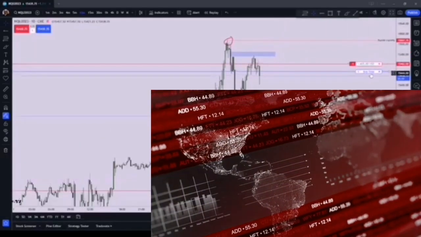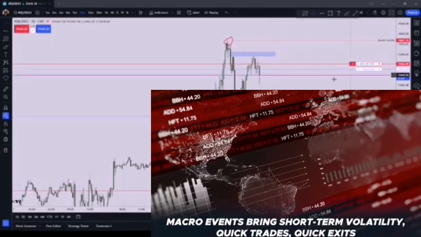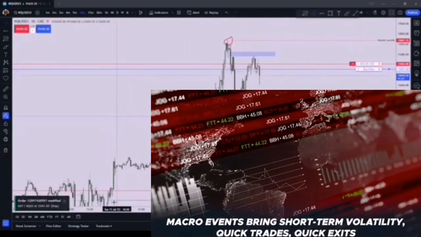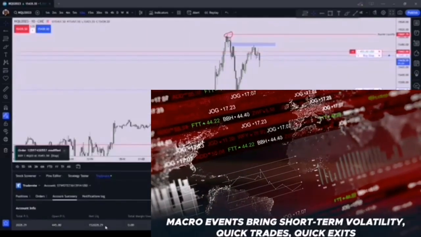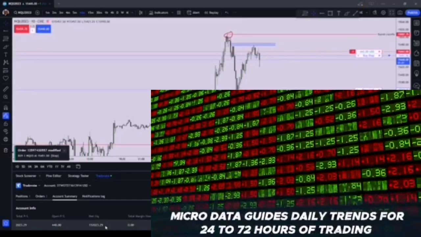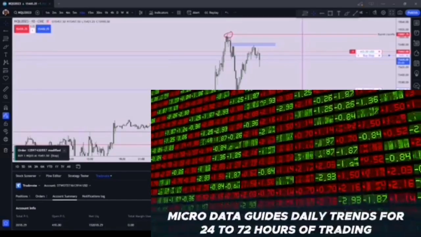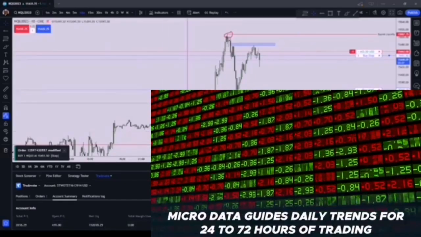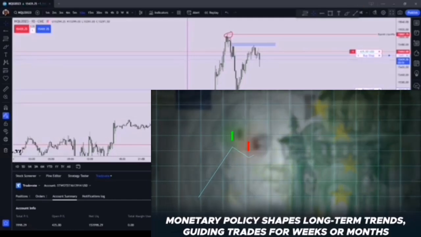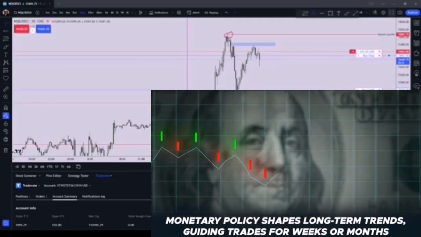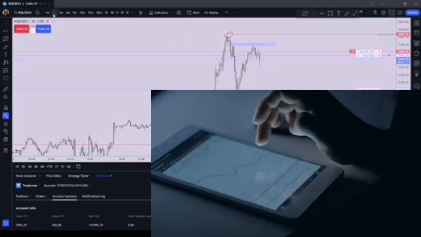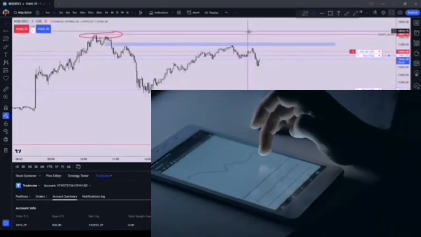Now let's bring it all together. Macro events create short-term volatility. I trade these for quick profits and get out fast, usually big moves. Micro data drives daily trends, giving me the direction for 24 to 72 hours, for example. And monetary policy shapes long-term trends, guiding my trades over weeks or months. By understanding the 3 M's, you'll be able to decode market